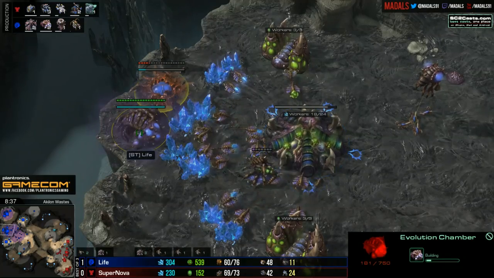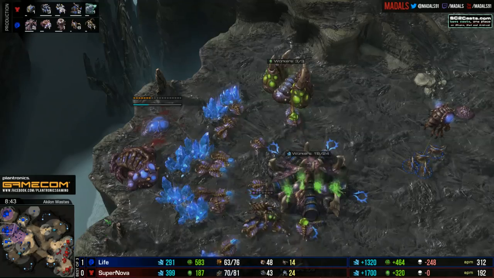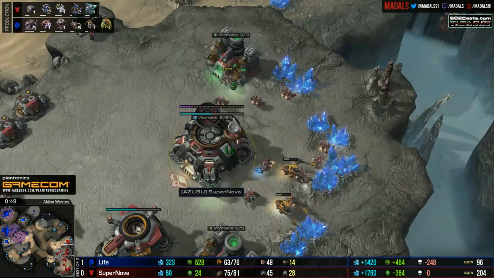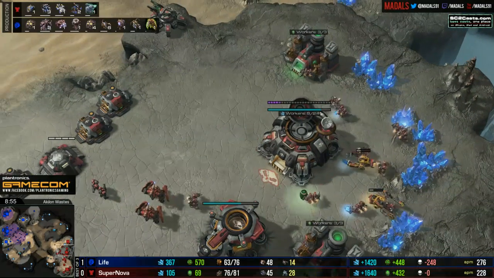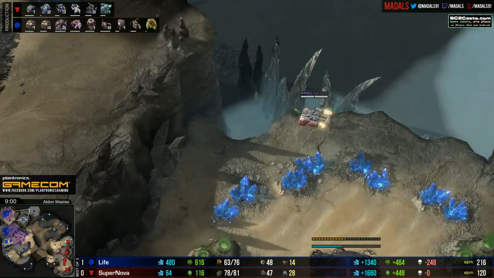We've got the double evolution chamber coming down. Something wrong with the placement there, and one of the evolution chambers being forced to cancel and then be remade. That's going to delay upgrades fractionally for Life, which is never ideal at this level of play. You've got to be doing everything right. We can see that in terms of resources lost, currently SuperNova has lost nothing,